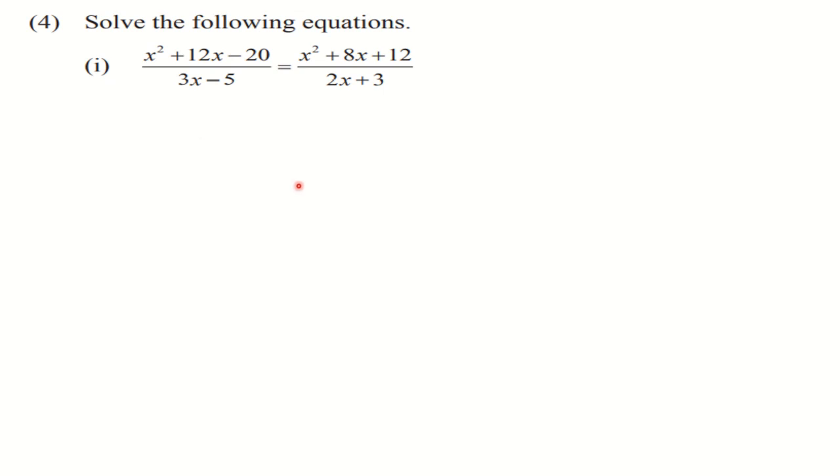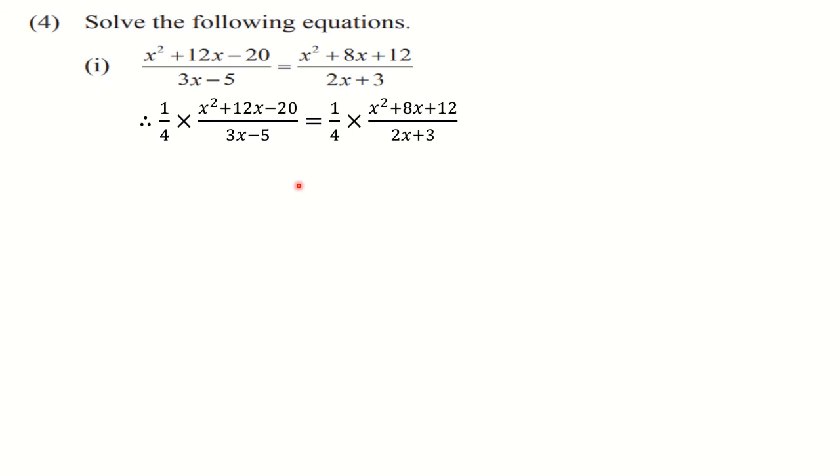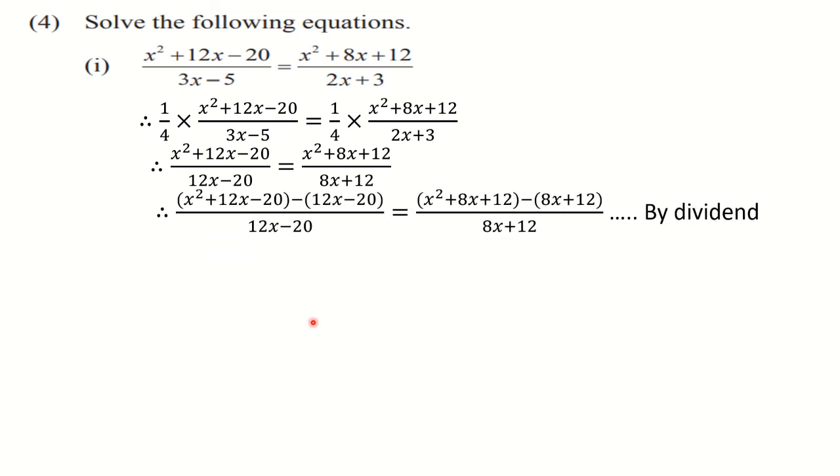So your choice. Here I am simply multiplying by 1 upon 4 on both sides. You know that whatever operation we perform on LHS, we should do it on RHS also. So after multiplying, we will get similar terms in numerator and denominator. You can observe here, both the places. And since their signs are the same, we are going to choose the operation dividendo, that is subtraction. So subtracting the denominator from the numerator in the numerator, that we are going to do here. That means we are going to go for dividendo.